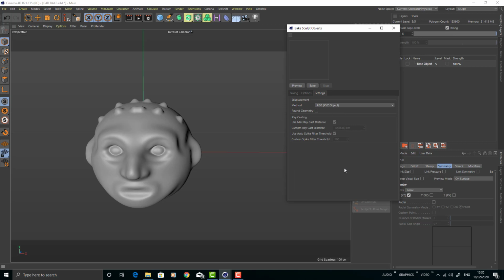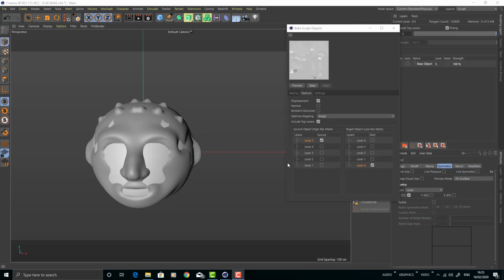The next step is to go to settings. We're going to choose intensity centered and round geometry. We can click on preview to get a preview of what it's going to look like, and if we're happy with that, we can go ahead and click on bake. So I've done a bake. I'm going to close this down,